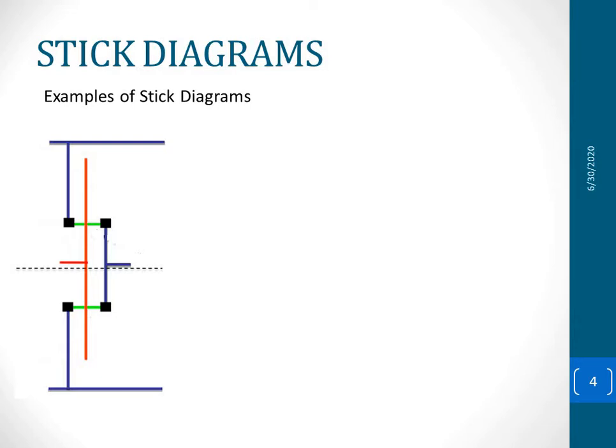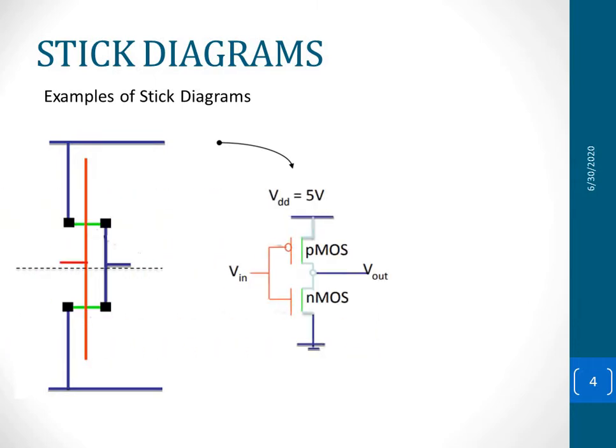In the previous lecture I have already shown you the representation of the sticks, or the colors of the sticks or the layers. So this is the example of a stick diagram of an inverter. This is a PMOS inverter and an NMOS inverter. The PMOS inverter has polysilicon and the P plus diffusion in green color, and the NMOS again has polysilicon and diffusion. So this area makes the PMOS transistor and this area makes the NMOS transistor.